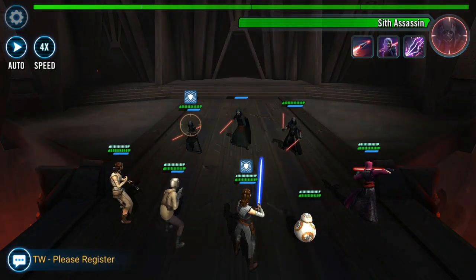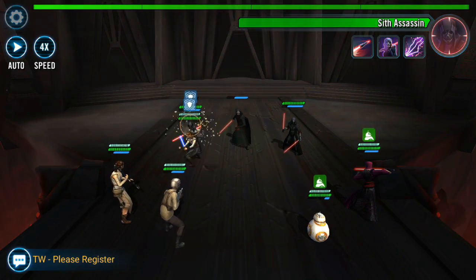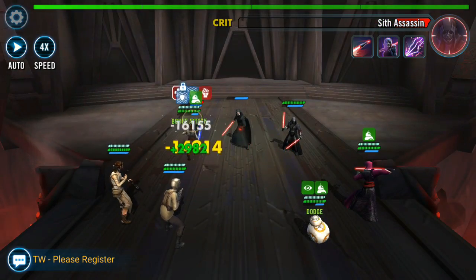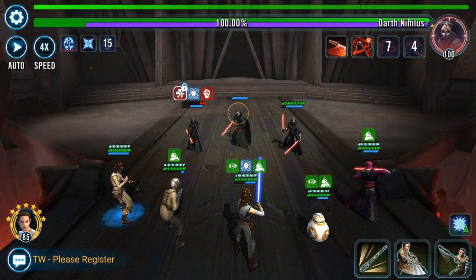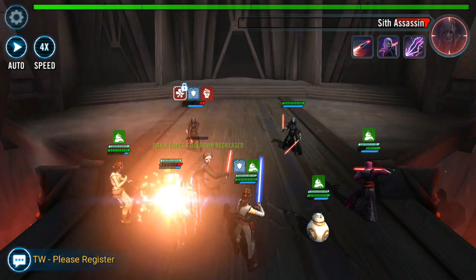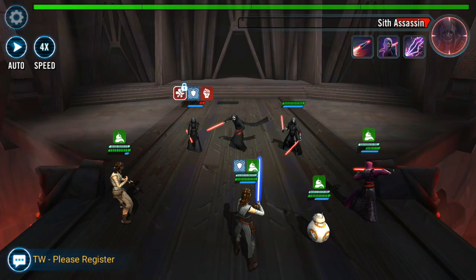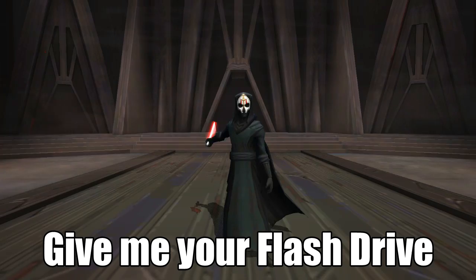However, if you're looking for a place where Visas really shines in this raid, look no further than Phase 1 of the raid against Darth Nihilus. And in case you guys don't know, there is some connection between Visas and Nihilus from the lore. So I kind of like to think that whenever they come together and start fighting each other, once Nihilus is done asking for your flash drive,